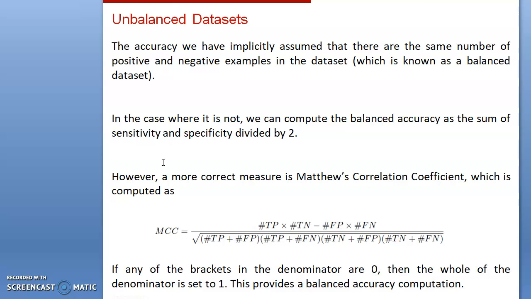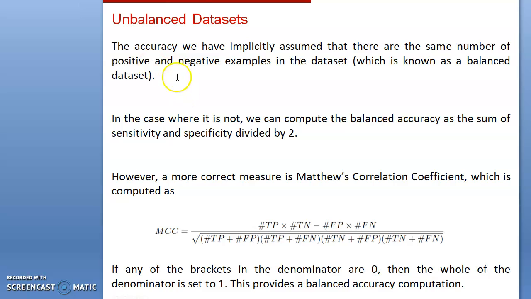In the target variable, suppose that a particular data set is a binary class, supporting binary classes like positive and negative. If the number of positives is equal to the number of negatives, that is called a balanced data set. If the number of positives is not equal to the number of negatives, that is called an imbalanced data set or unbalanced data set.